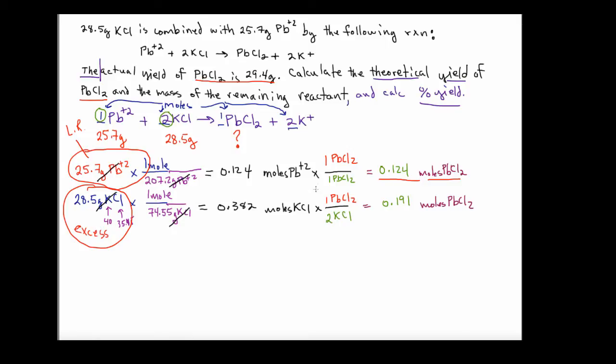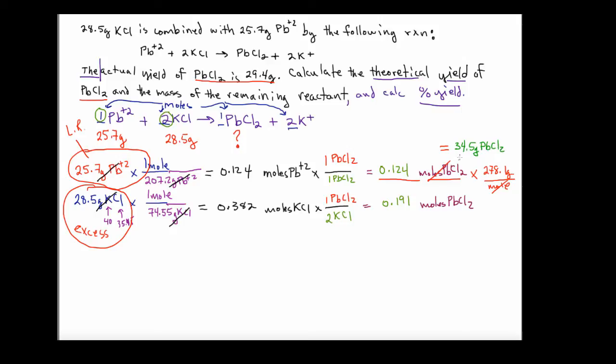Now we're one step away from having theoretical yield in mass, so I'm going to be multiplying the lead chloride, the lesser amount, by the molar mass, which should be 278.1 grams per mole of lead chloride. So my moles cancel with the moles, and I'll just put it up here. This is going to equal a total of 34.5 grams